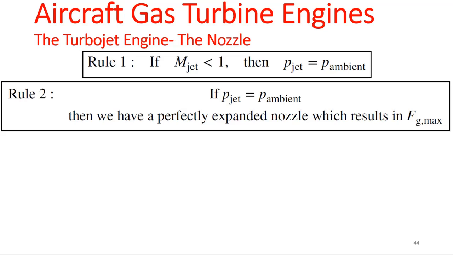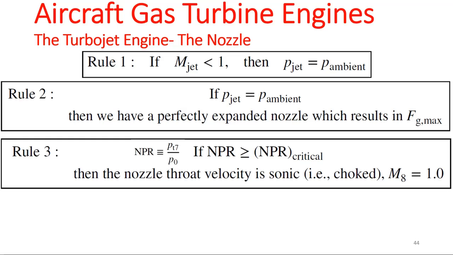So in a subsonic jet flow, you can always assume that you are dealing with a perfectly expanded nozzle, which will result in a maximum gross thrust. Okay, rule number 3 talks about the